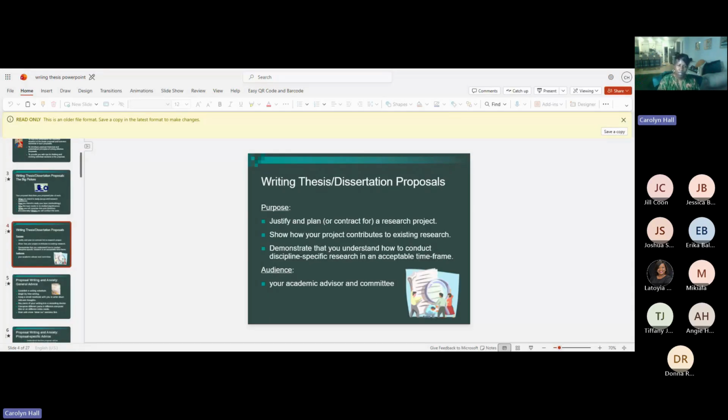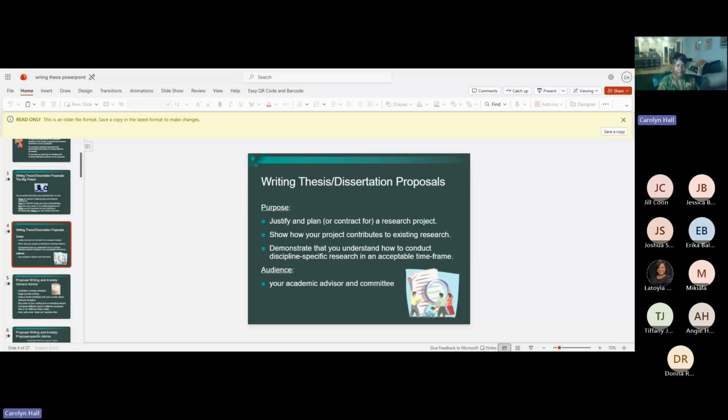Writing the proposal. The first part of the proposal that you're going to be drafting up is your purpose, right? The purpose is you explaining to your advisor or your committee the why of your research. Why is this important? What is it that you need for this audience to understand? What is it that you're trying to